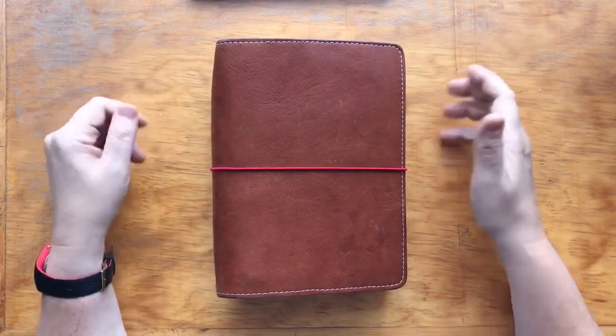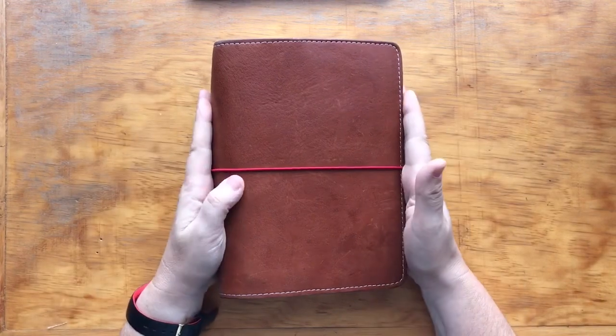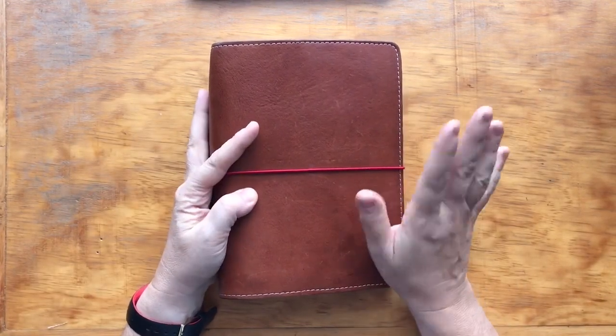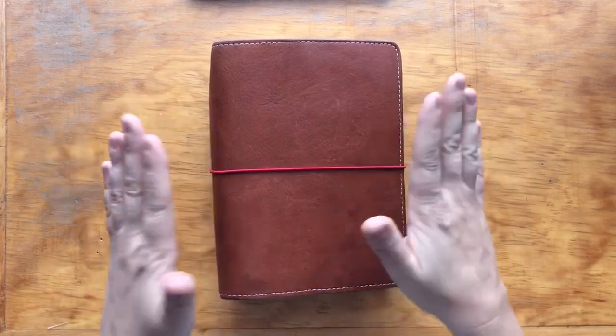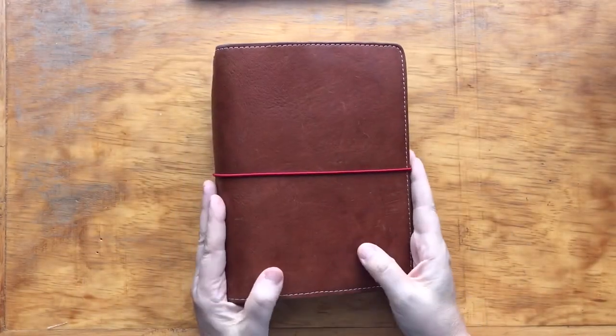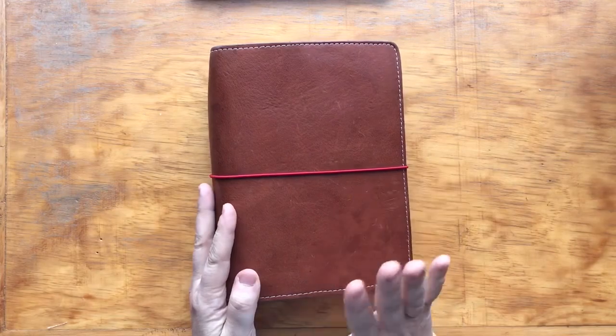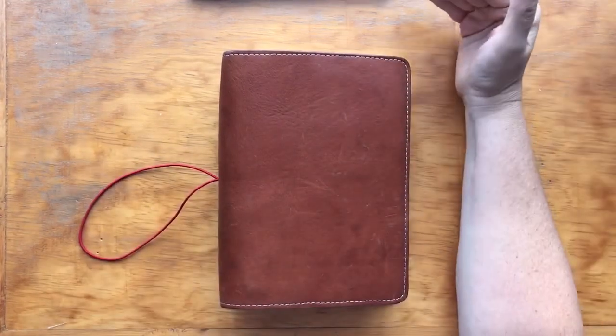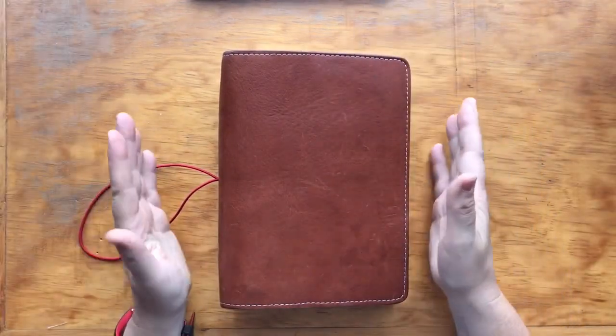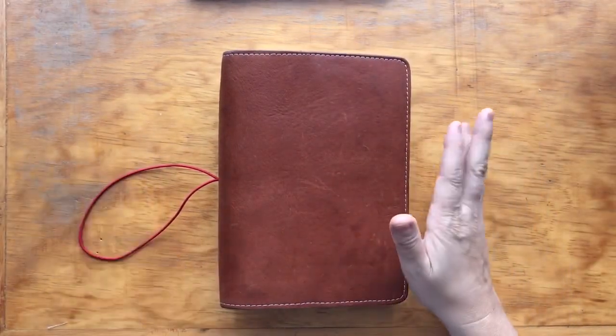Teacher planner setup. As you can see, I have here my traveler's notebook, which I very briefly have gone over in my planner lineup, but I wanted to talk to you about how I am using a traveler's notebook system as my teacher planner. Now last year I used an Erin Condren teacher planner, the 9x10 size lesson planner, and